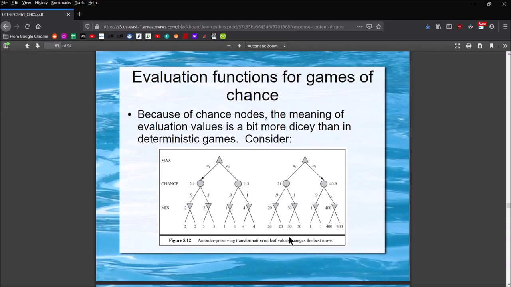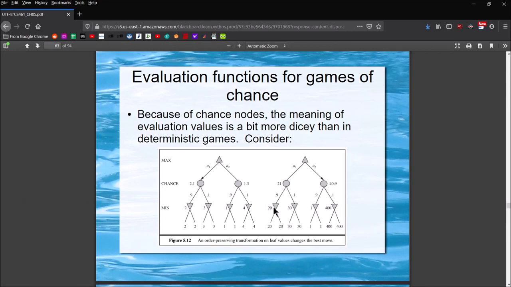Now, if you take a look on the right-hand side, things change a little bit, right? Because now, if you look at the values and the weights, the percentages are still the same. There's a 90% chance of ending up going down the left path, or the left subtree from the 21 valued chance node, and there's a 10% chance to go to the right, and there's 90% chance to go left, 10% to go right. But if you take a look at the weightings of the terminal states, that dictates an overall value on Min's possible moves, or the states outlined on the Min row. We've got a value of 20 here, a value of 30 here.